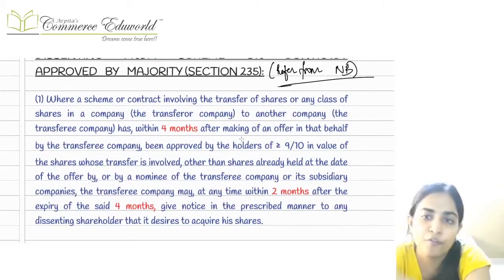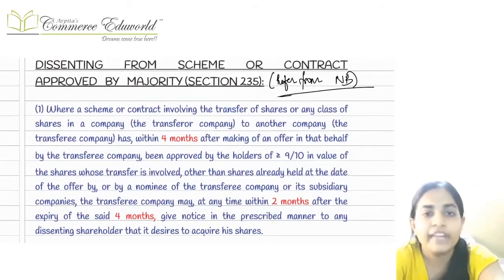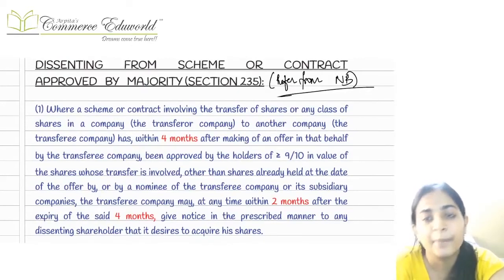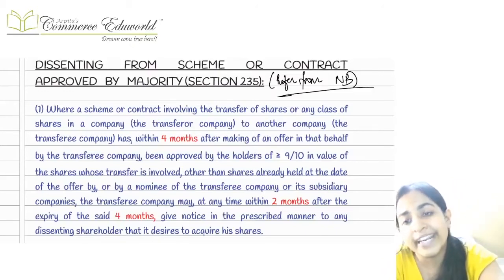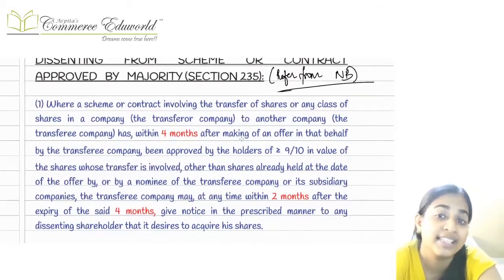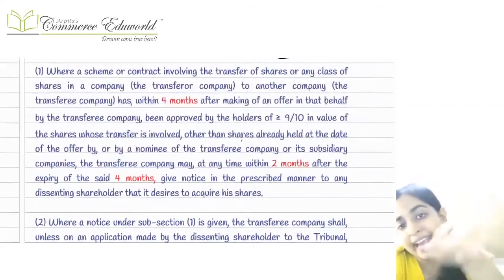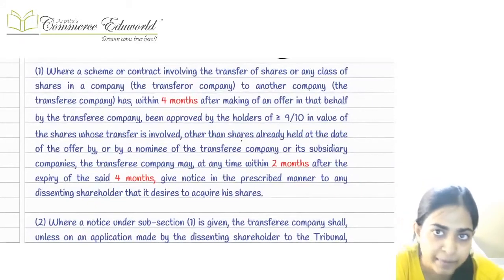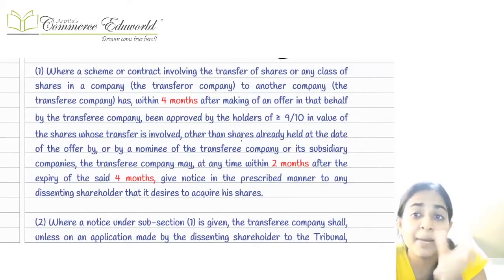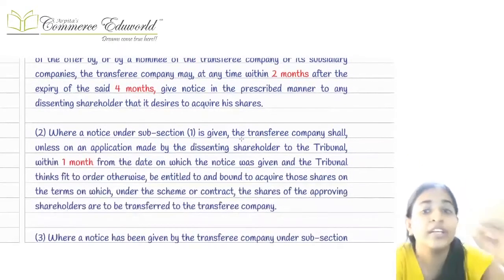Okay, now at the end of 4 months, suppose we get at least 90% of the approval. See, if we do not get 90% of the approval, then in that case we'll have to prepare a new scheme. But assume if we get 90% of the approval, then for the next 2 months we are also going to give more time to the dissenting shareholders, that we give you 2 more months to accept our scheme. Okay, 2 months extra time. See, 4 months was given common for everyone to accept the scheme. In this 4 months, assume 90% have accepted the scheme. But still there may be some shareholders who are not agreeable to this particular exchange ratio. So we give them an extra 2 months.